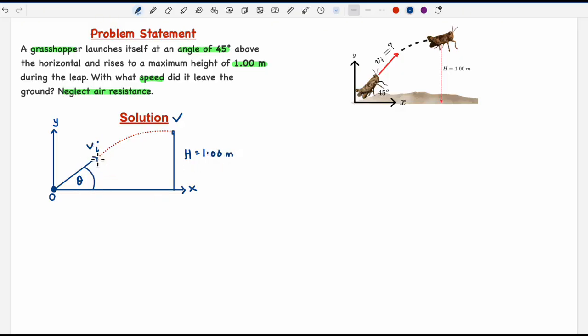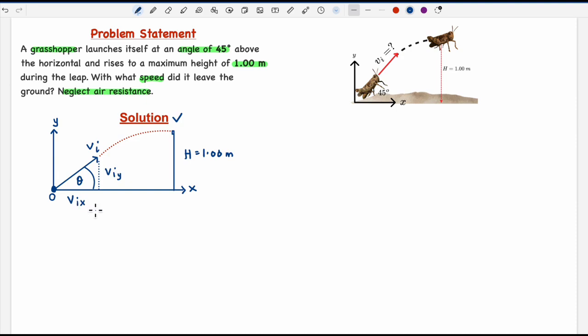Now the goal is to determine the initial launch speed with which this bug took off until it got to this 1 meter height. Alright, now with this initial speed, since it makes an angle of theta with the horizontal, we need to resolve it to get the initial horizontal velocity as well as the vertical initial velocity. So in doing so, we need to generate a right triangle. So this side here becomes the opposite side. So that would be our Viy, that is the initial speed in the vertical direction. And then this side here, that is the adjacent side, is going to be Vix, that is the initial speed